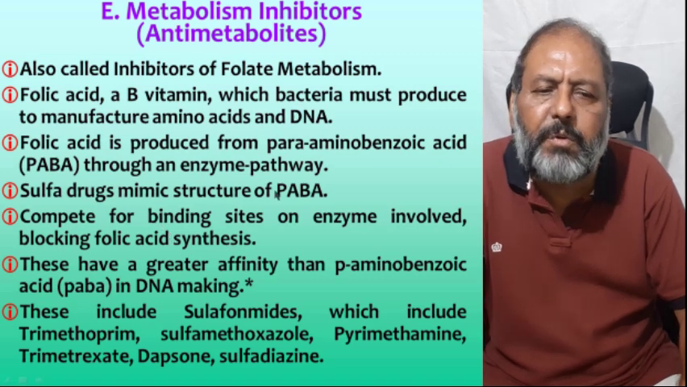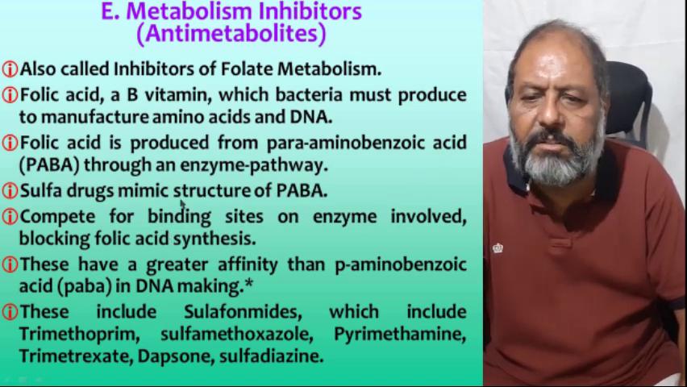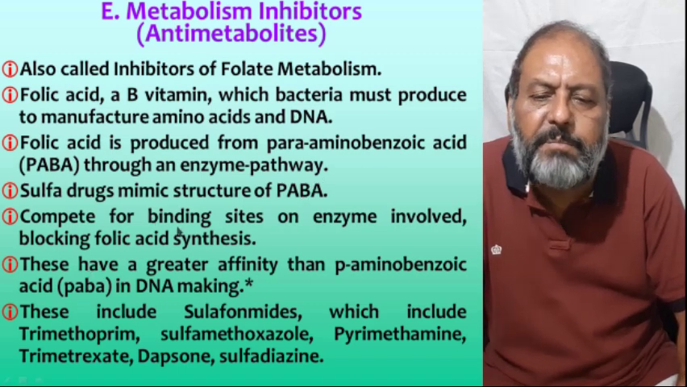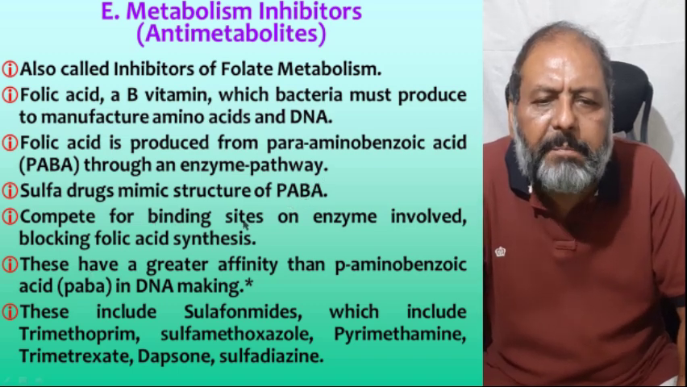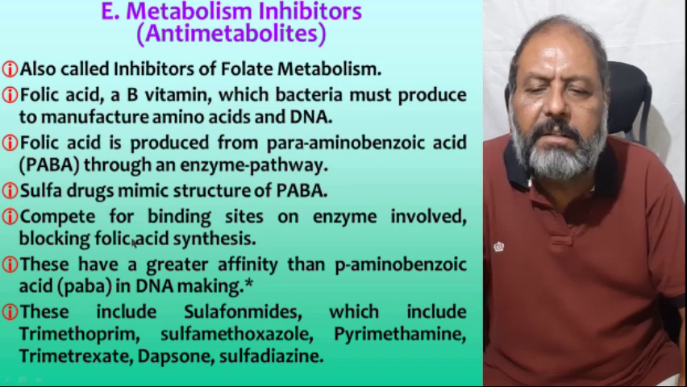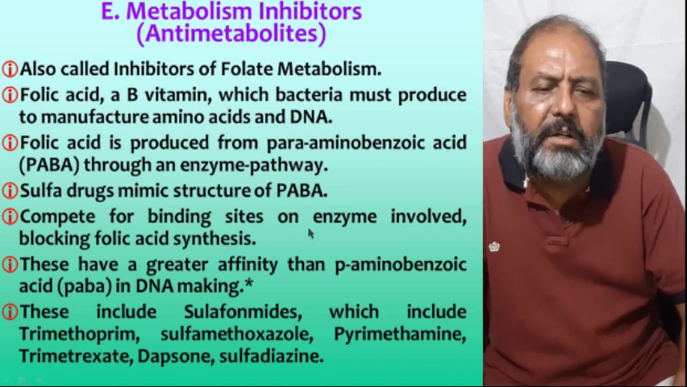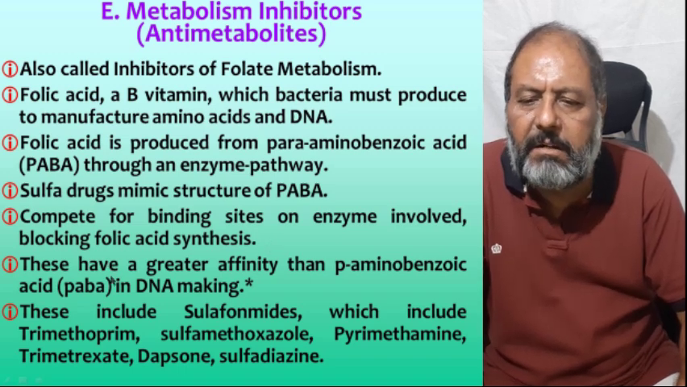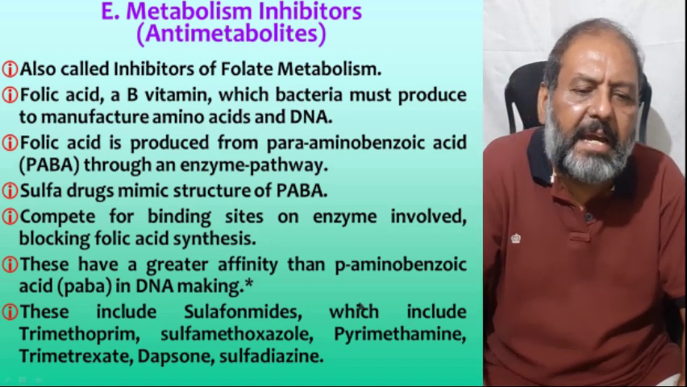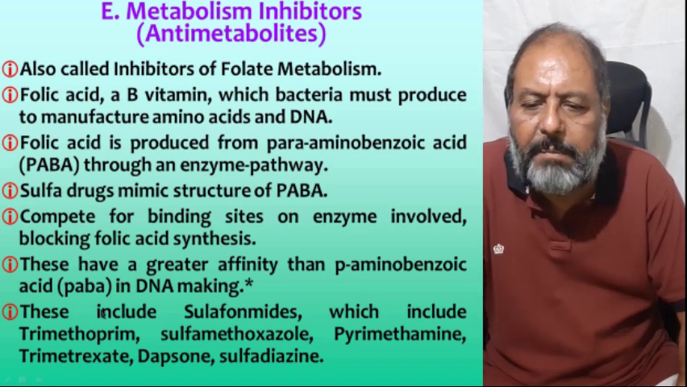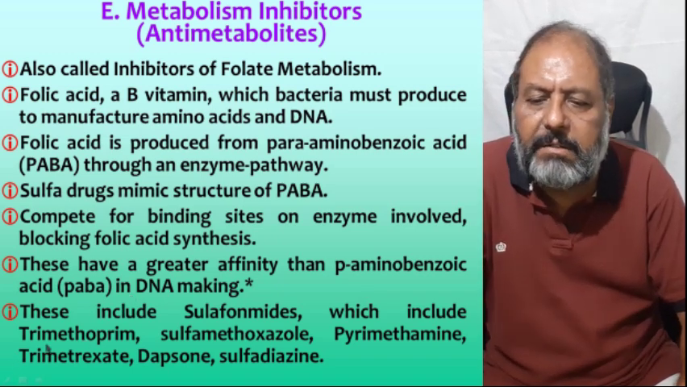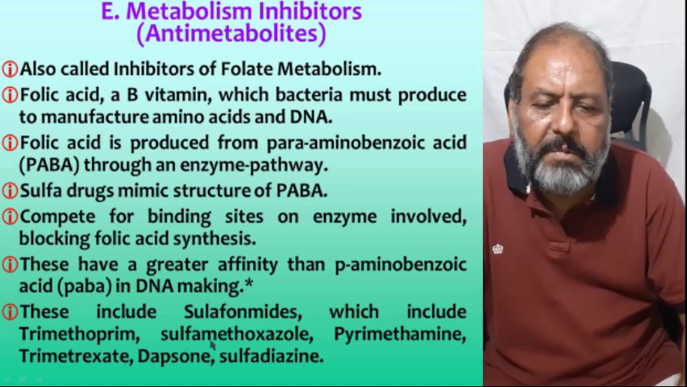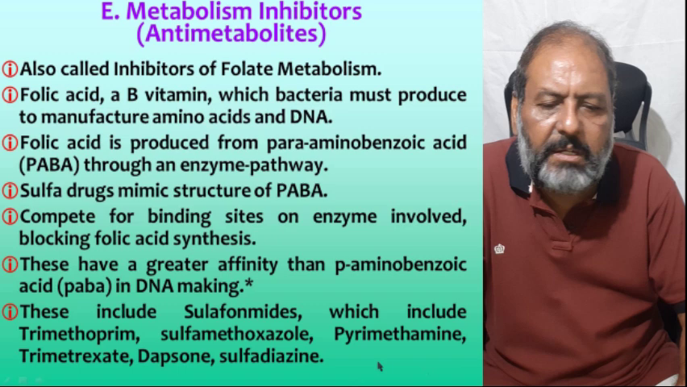Folic acid is produced from para-aminobenzoic acid through an enzyme pathway. Sulfa drugs mimic the structure of PABA, or para-aminobenzoic acid. They compete for binding sites on the enzymes involved, blocking folic acid synthesis by the bacteria. They have a greater affinity than PABA in DNA making. These include sulfonamides, which include trimethoprim, sulfamethoxazole, pyrimethamine,